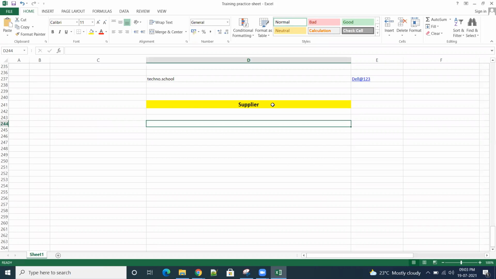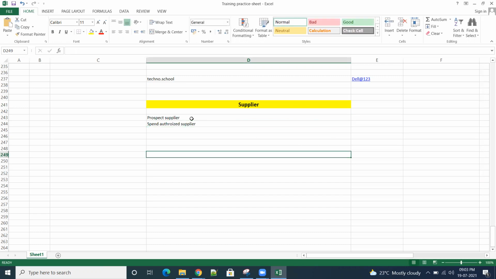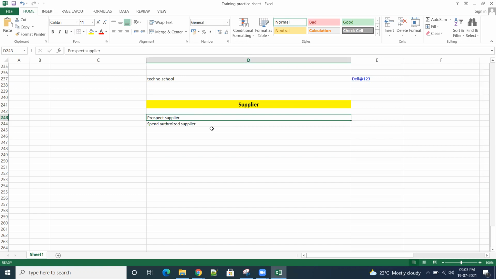Basically we have two types of suppliers. One is the prospect supplier, and another one is the spend authorized supplier. What could be the key differences?